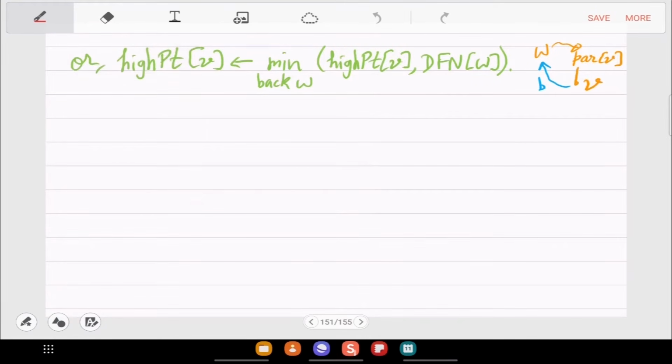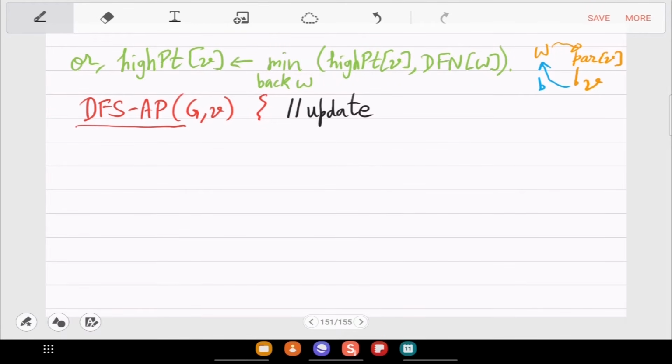So let us call it DFS articulation point. So this will be updating, it does DFS on the vertex V in the connected undirected graph G. We'll basically be modifying the DFS GV code that you saw before.